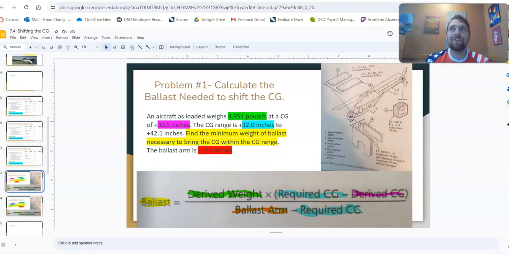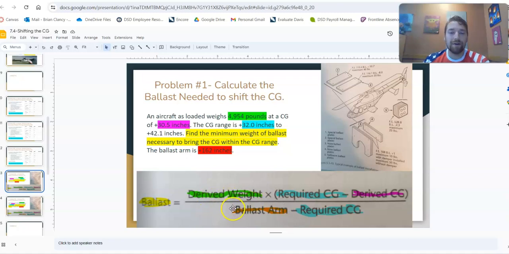Now, if you have an aircraft that's out of the CG range, the operating CG range, and you need to make those changes, you basically have to figure out what your current center of gravity is and what it needs to be. What's that derived CG and what is that required CG? Once you know that,